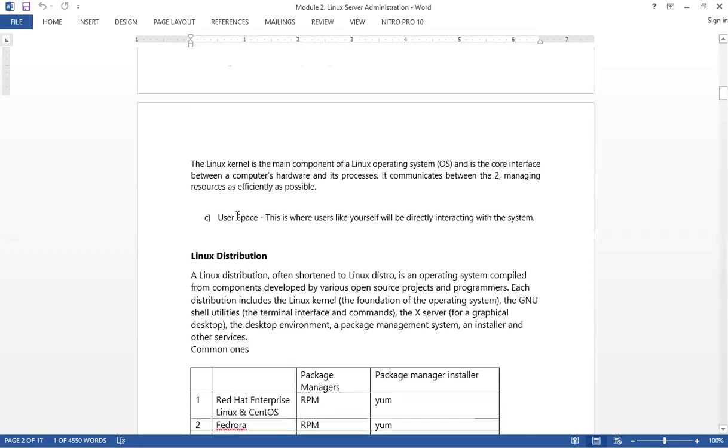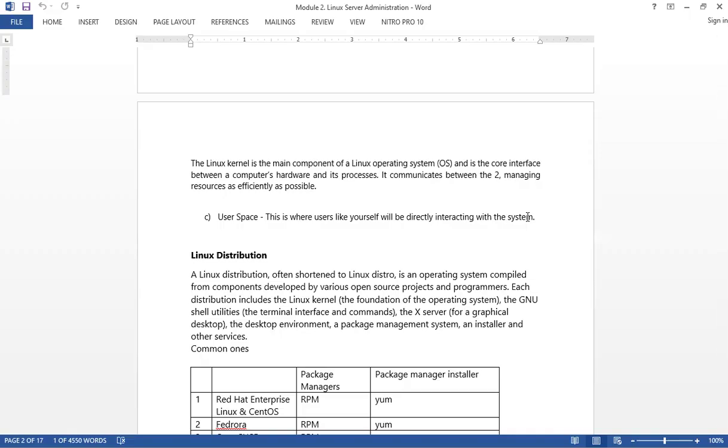And then user space. User space is where users like you and I directly interact with the system. And I told us in our last class, popularly there are two user interfaces, the GUI, graphical user interface, and this is,